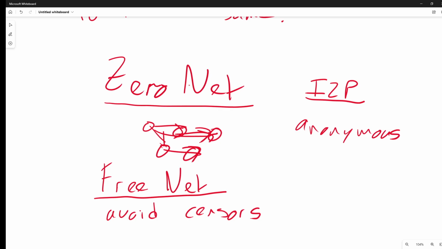And ZeroNet, Freenet were designed by dissidents and for dissidents to avoid censorship laws. And today, Freenet is ranked one of the most popular services for whistleblowers and for freedom fighters and all those type of people. But obviously, it's used by criminals to distribute illegal and malicious content.